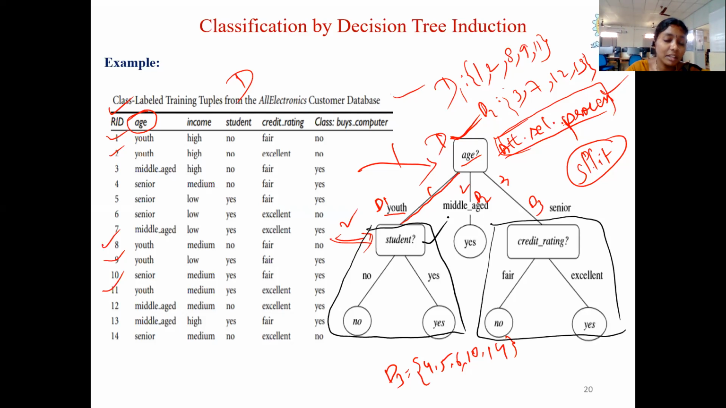But if we consider this particularly as a separate tree, now student becomes the root node. So again, the same process. How to find out the particular attribute? Why should I mention student here? Why can't I mention credit rating, or income, or age again? Because the first rule is whatever attribute we have selected earlier should be removed first from the list